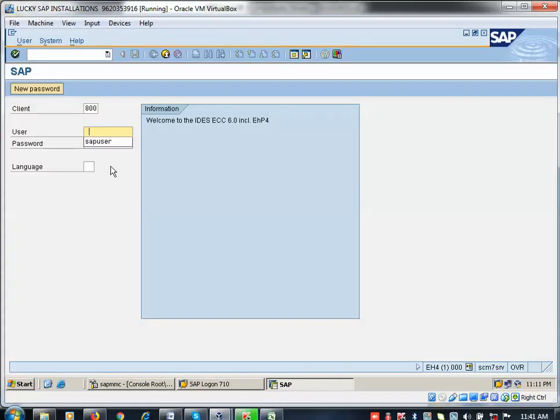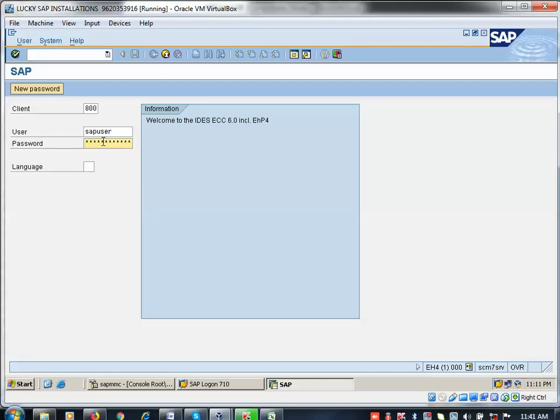Now here, the SAP user ID and password will be created by the SAP security team. There are technical modules, which I explained, like ABAP, Advanced Business Application Programming. Only coding will be done by them. Packages, tables and new transaction codes will be created by the ABAP team. We are not going to discuss that, but we need to know what kind of work they are doing here. Next is the security team.